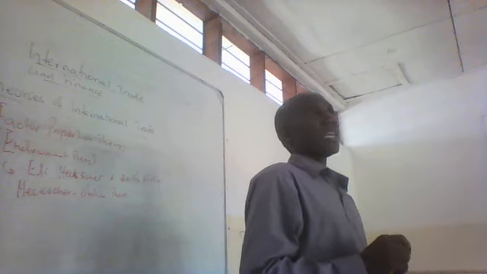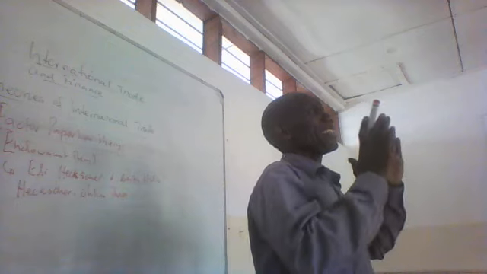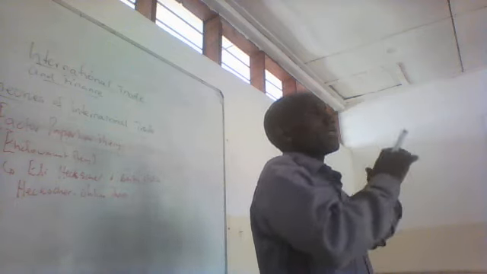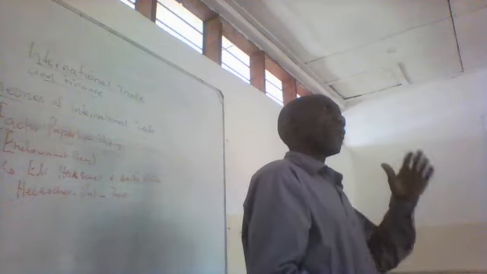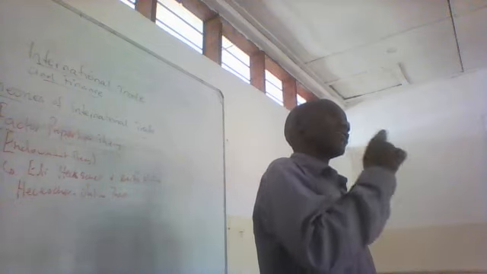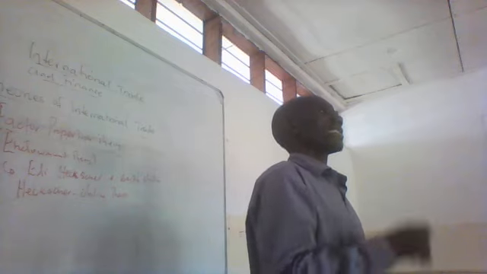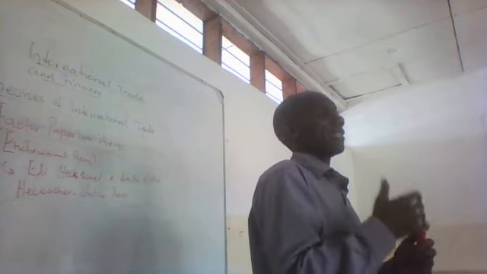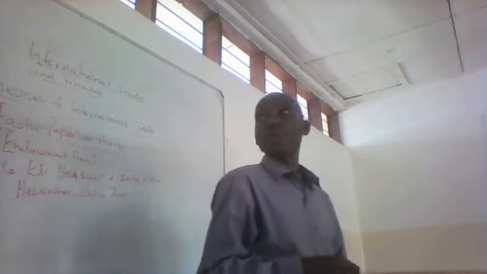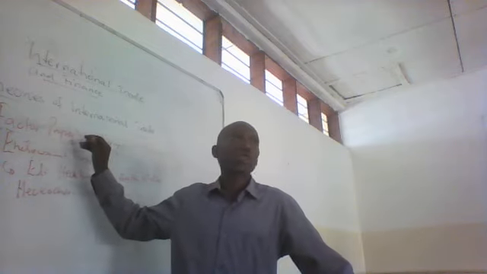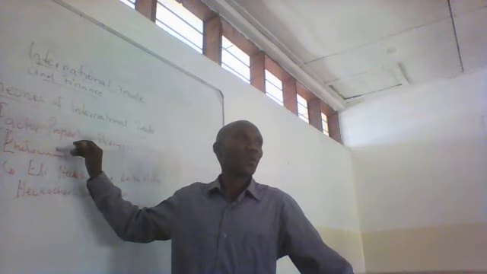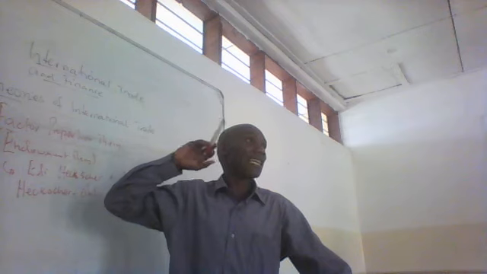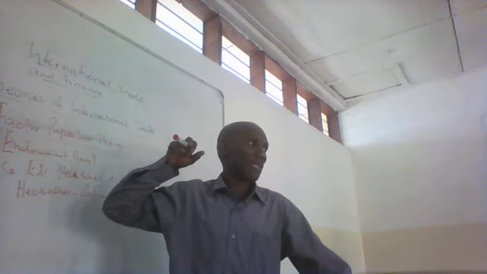Endowment theory, this one. He's saying, apart from these guys who say you have countries that do this, another one countries that do that, for a country to do very well there are some other factors of production. And these are land, labor, capital, and entrepreneur. That's why he's calling it the factor proportion theory. Factors is coming because of those factors of production that you already learned: land, labor, capital, and enterprise.